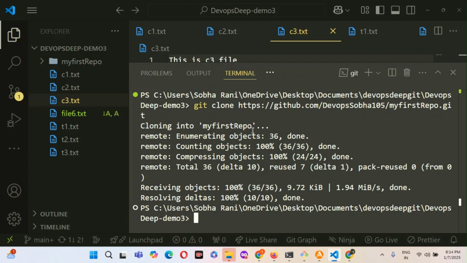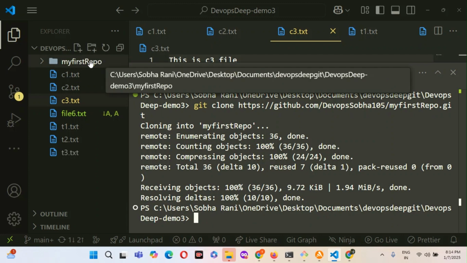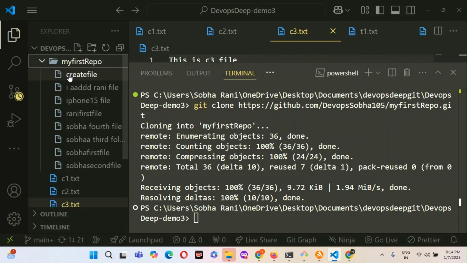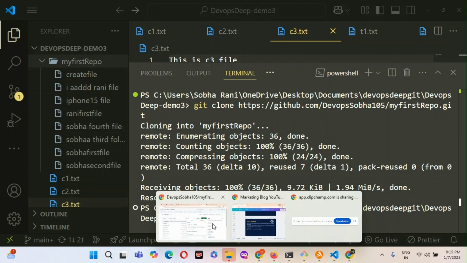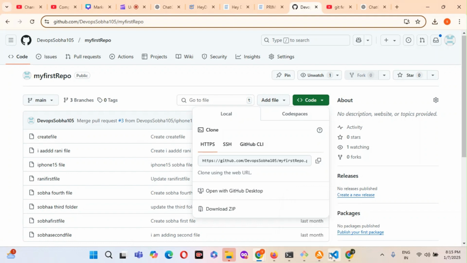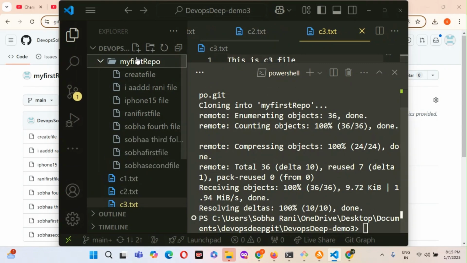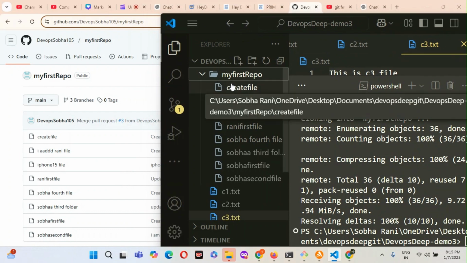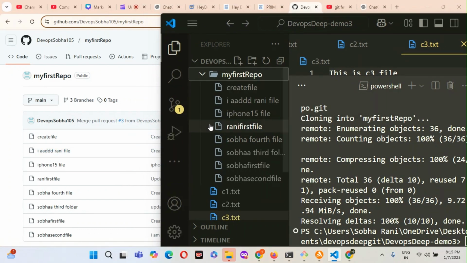See, it cloned my first repo. See, it is coming. Whatever is there, you can see here: create file, I added the Rani file, iPhone 15 file, Rani first file. So everything is coming. This is the previous project, no problem. Whatever is in this project becomes available here.